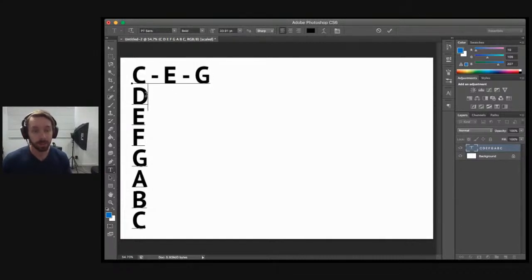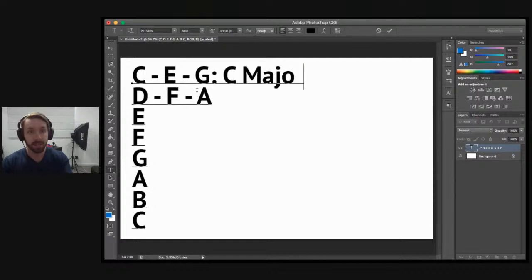Now, if we do the same thing with all the other notes within the scale, so we do the same thing starting on D. We play the D, we skip the E, we play the F. F goes there, and then from the F, we skip the G and play the A. That gives us this kind of sound. D, F, and A creates a D minor chord. Actually, I'll just write this out. C major, D minor. Yep.